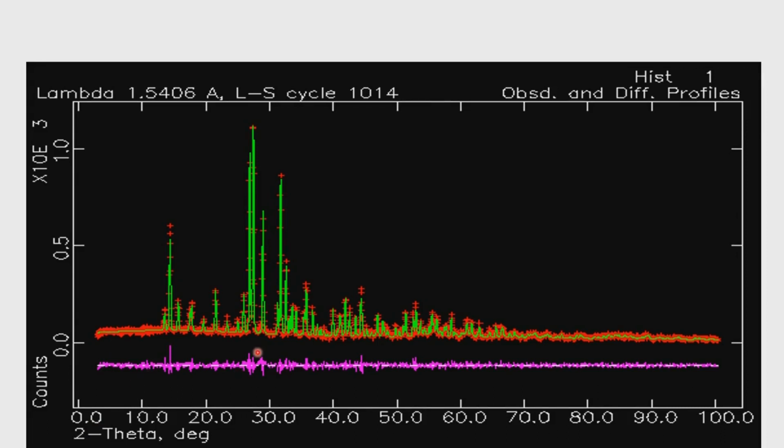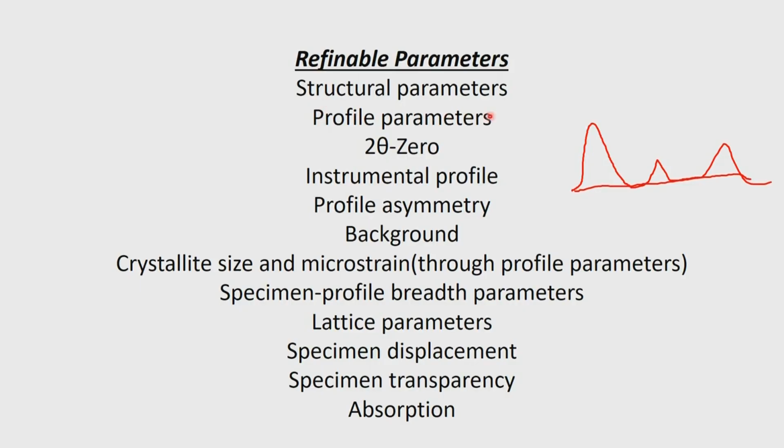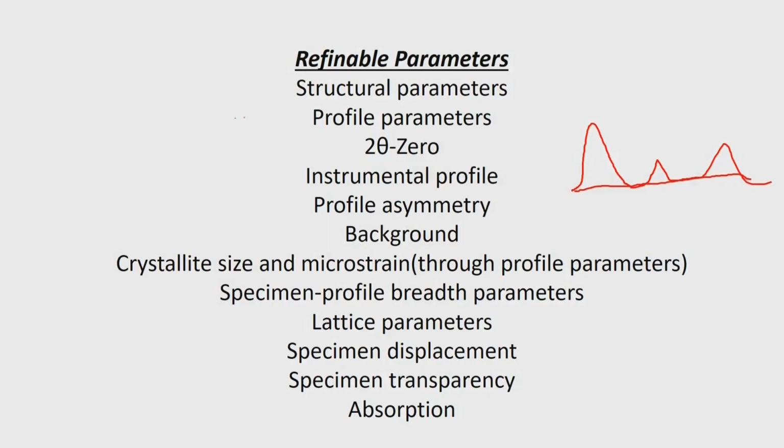The refinement was a profile refinement, but with the structure information available, with the structural parameters put in. So, what are the structural parameters we are talking about? The structural parameters are the same as the structural parameters we always refer to, that is the position coordinates x, y, z, and then the thermal parameter, which could be isotropic B or anisotropic B11 to B23, the 6 parameters, and of course the scale factor.